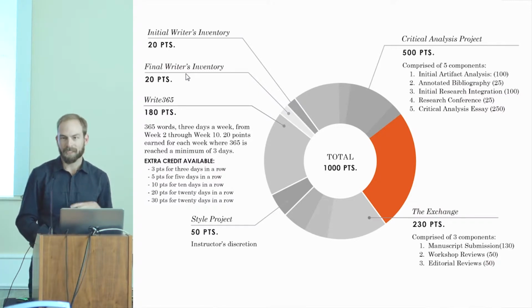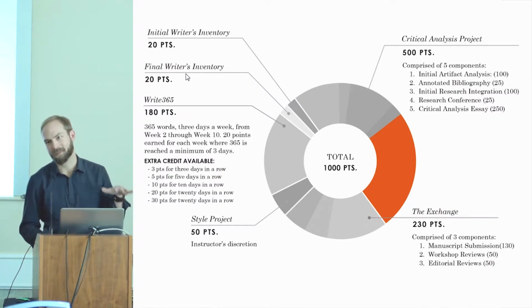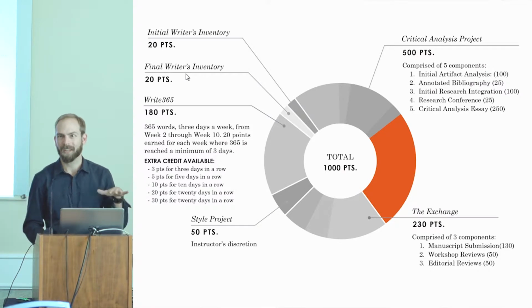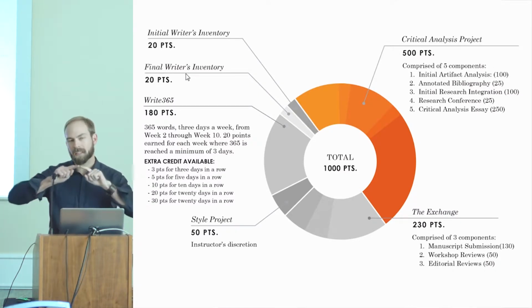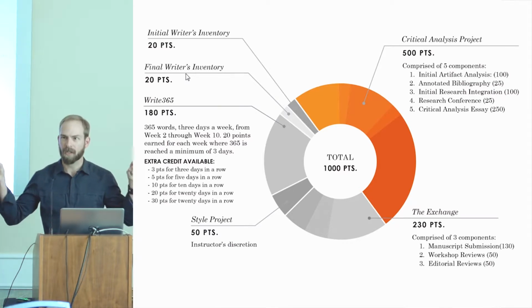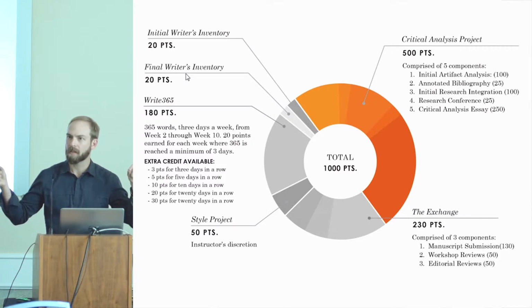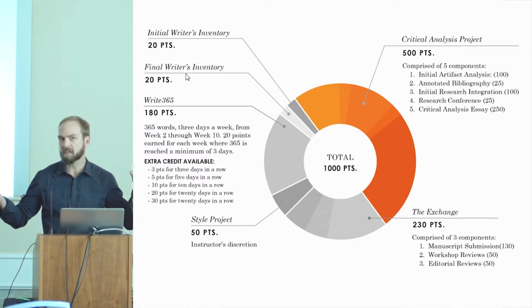So you can imagine if I articulated it as boring as I just did to you all, and you were in a writing course at the age of 18 or 19 roughly, that you would be checked out, right? So we knew that explaining the overall trajectory of the Critical Analysis Project was something that we needed to focus on. It comprises the first 6-7 weeks of the course, right? Out of 500 points, 1,000 total, that's a really big deal. So we needed to communicate it clearly.